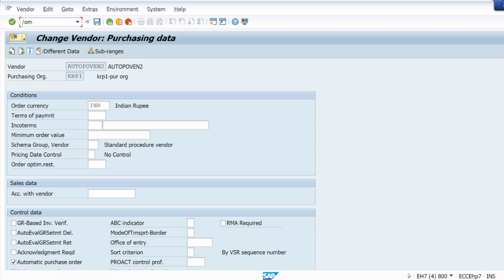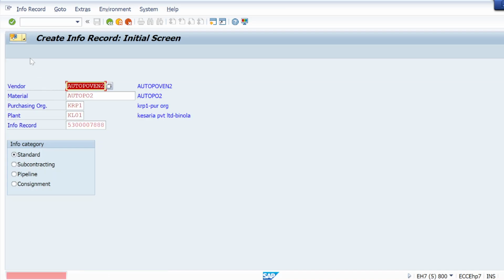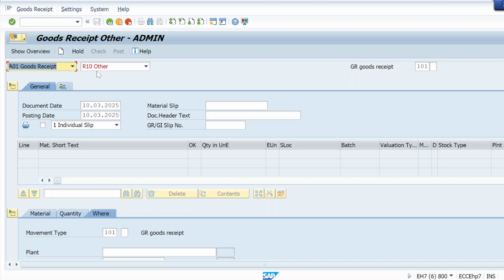Let me do ME11. Auto PO van and this. Yeah. Hit enter. Already exists, it is fine. Now let me do MIGO. Movement type 101. I know I will most probably face that error again, because this is related to GL.